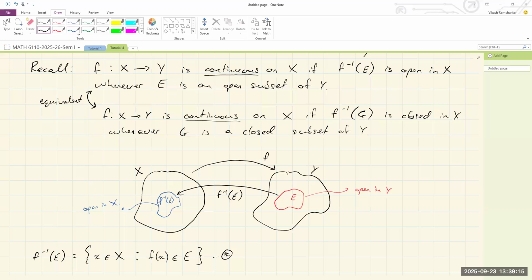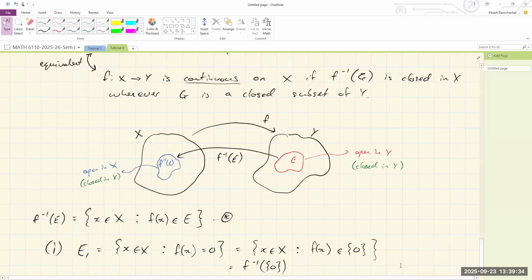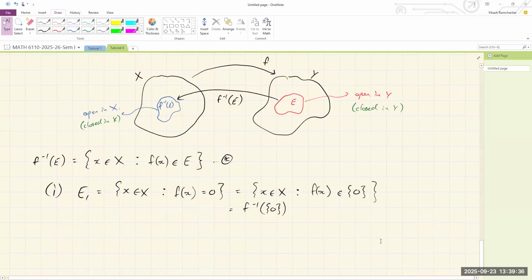So let me also put that here: open in Y or closed in Y, and it pulls it back to something that is closed in X. Right? Okay, good. So now we have everything we need because this set E1, notice I could write it as